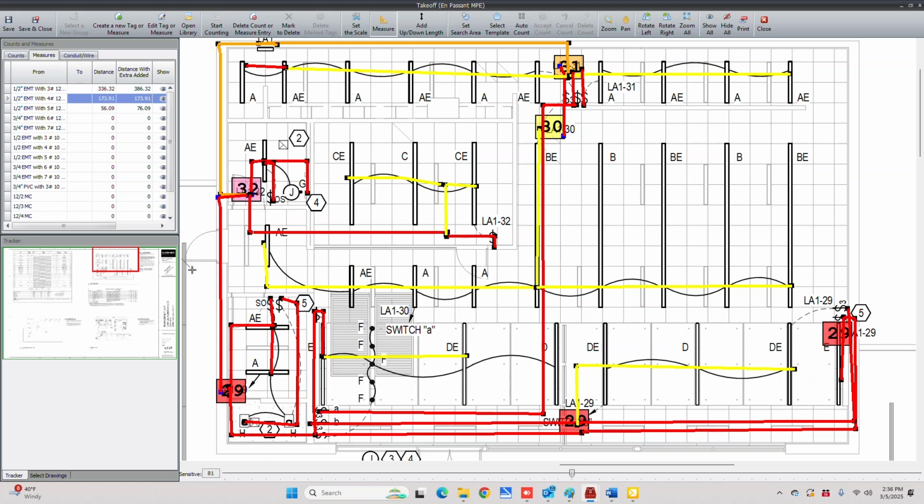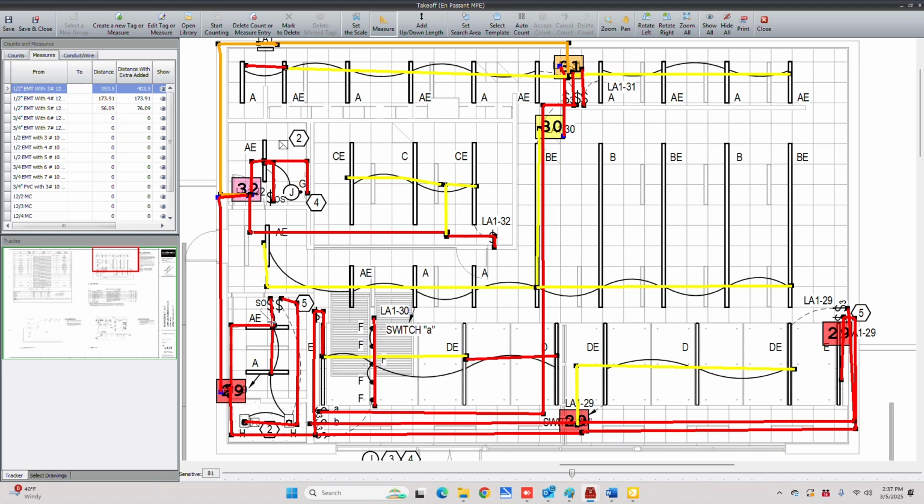So that takes care of that, and then we're going to go back to the 3-wire to run across these, and that should be pretty close. We're going to run a 3-wire to finish this circuit here,